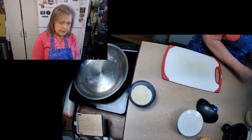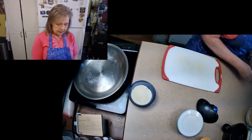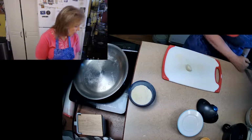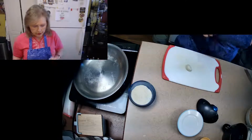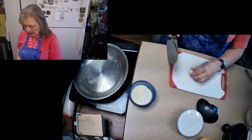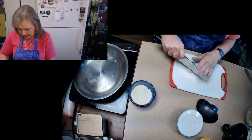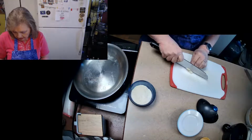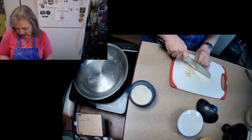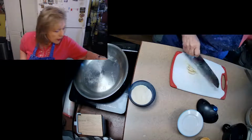Now, we've done Alfredo sauce on the show before, and we're not going to do Alfredo sauce today because we've done that, but we are going to make something that is going to be wonderful and summery and have some nice light taste to go along with the creamy taste. And so the first thing that we are going to do here is we are going to,